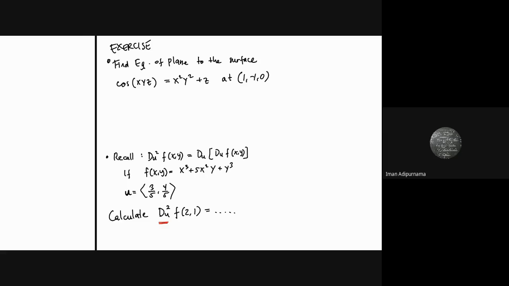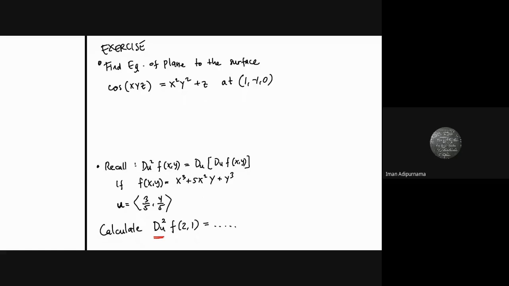Z plus, yeah, z plus 2x minus 2y. Yeah, it's correct. It's correct. So first, actually what I want to make notes here, basically this is